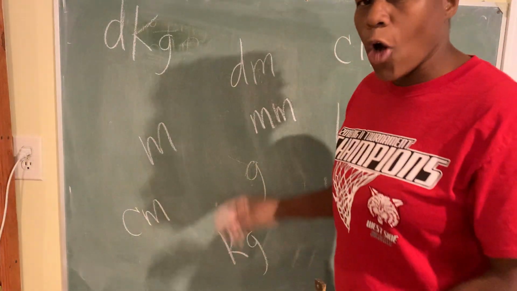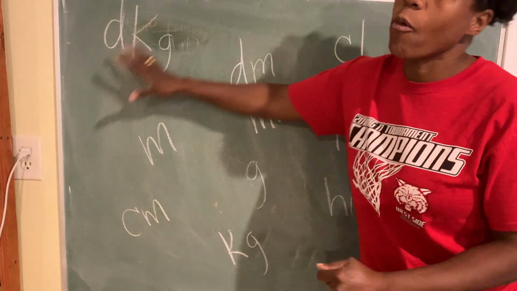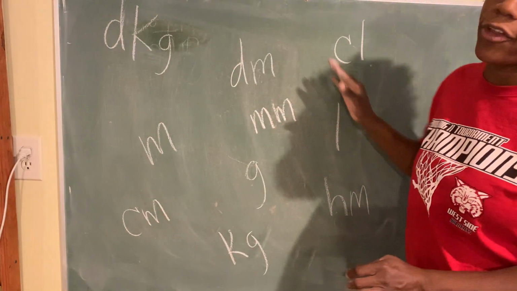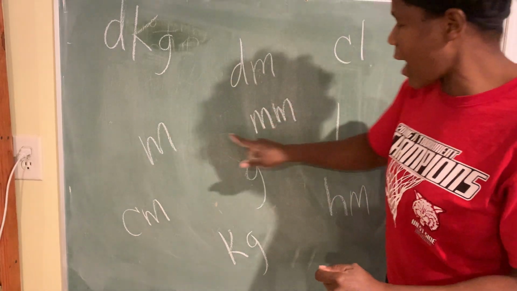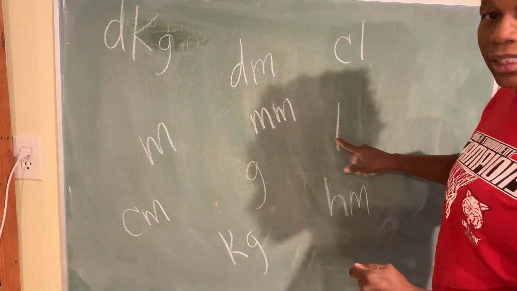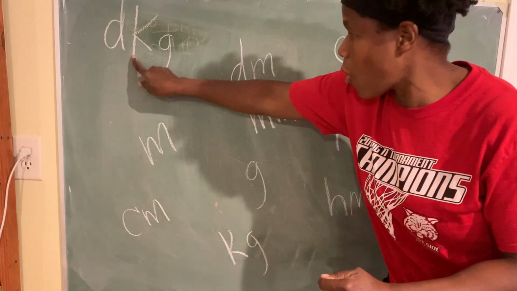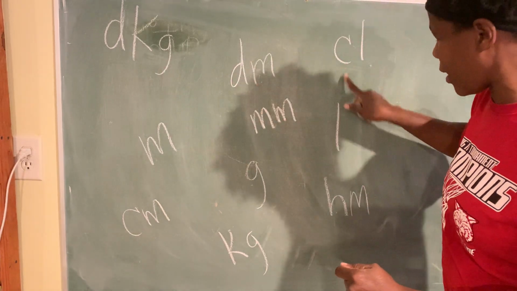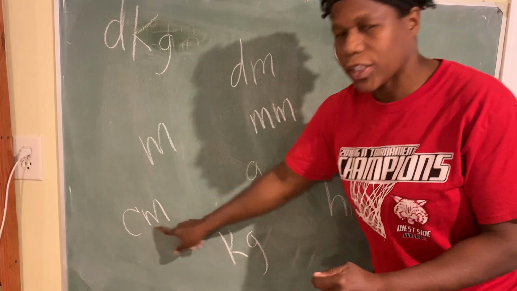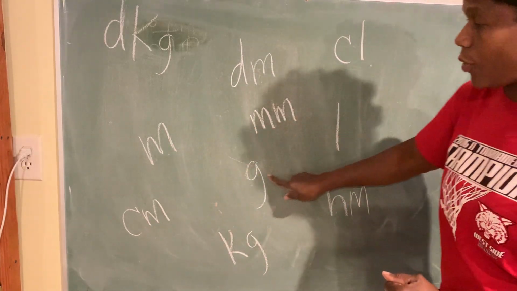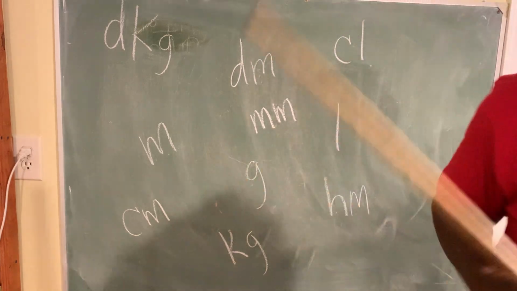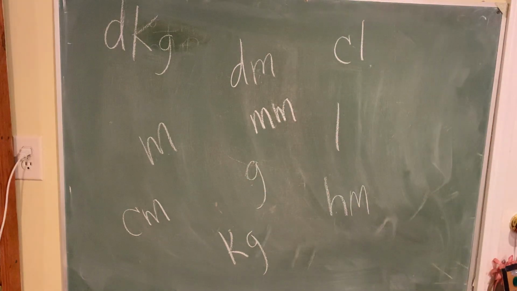So hopefully you understand that. This is how we determine if we're talking only about the unit or about the prefix and unit. If it has more than one letter, that'll be a prefix and a unit. If it only has one letter, that means it's only the unit. Okay? Important that you understand that. Okay, now, so what's next? We got that part. So what does this all mean then?